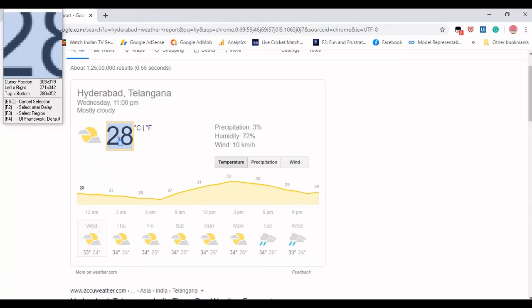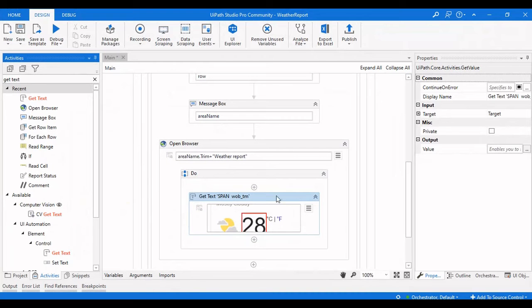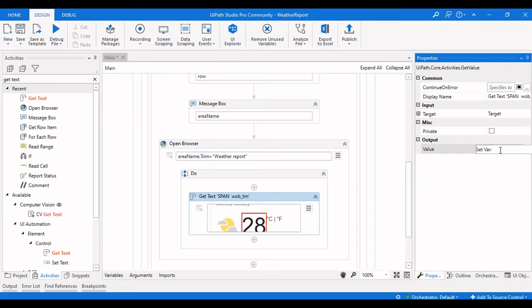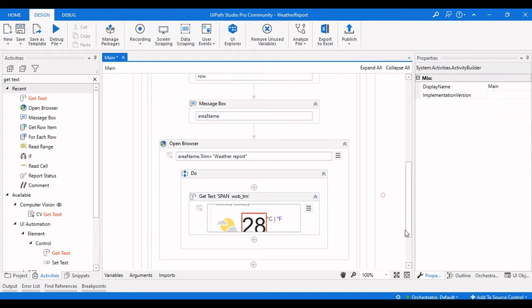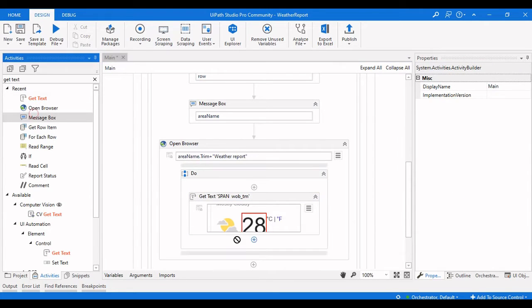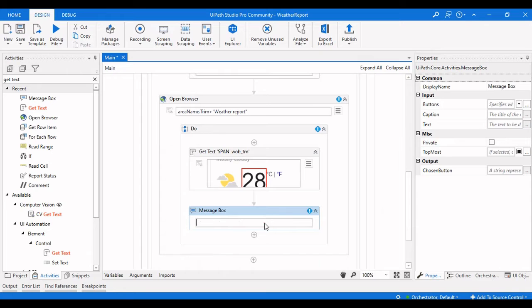So I need this value, so I will indicate that value, and then we will assign that as temperature, and we will drag a message box here to see the output of this.